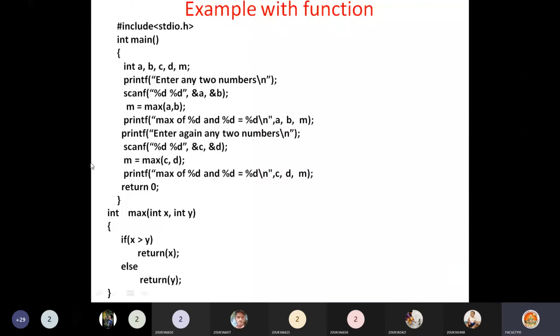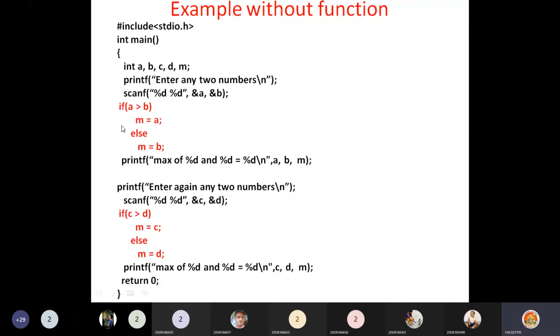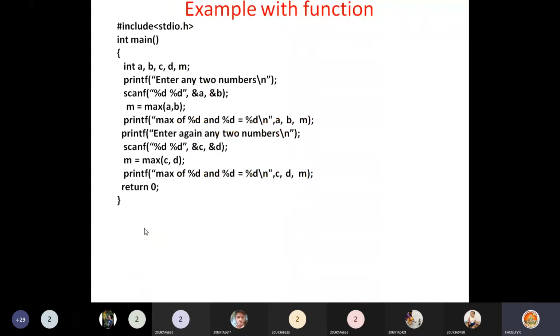Now see here, in the previous program, assume that at 10 different places we need to write this logic for 4 lines, at 10 places, 40 lines of code I need to write. Now you define a function like this.